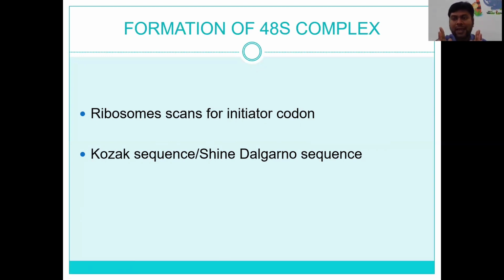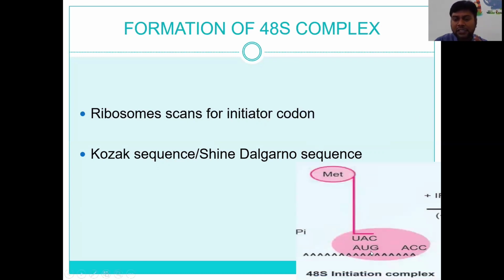It will fix the anticodon arm of methionine tRNA against this codon. So first the ribosome will bind the mRNA at the cap. From the cap, it will slowly search for the AUG codon. Once it finds the AUG codon, it will fix the methionine tRNA against the AUG codon, and the ribosome will stop there. So that's it about the third step in the initiation process.